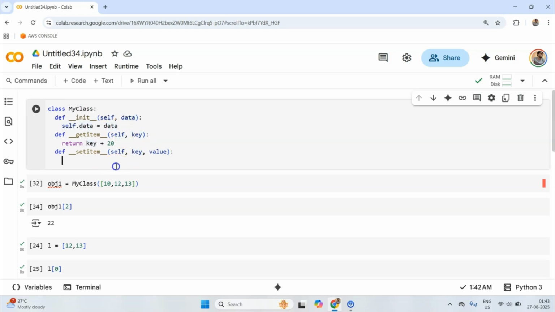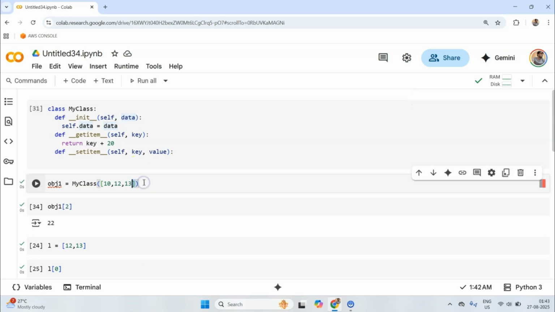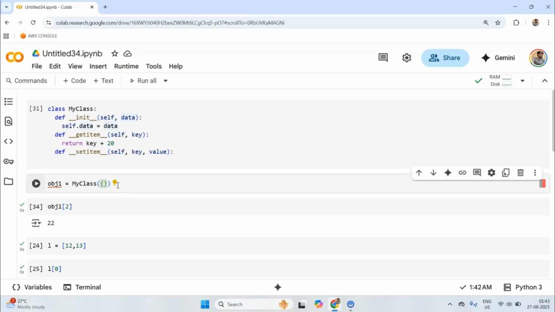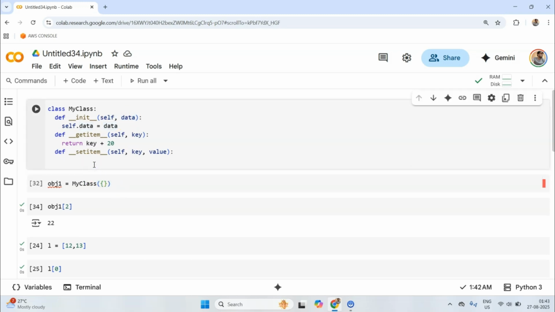So what we could have done is created some sort of dictionary-like structure, so let's try to do that. Let's assume that while creating this object, we will pass an empty dictionary. Now while doing the setitem, I can do self.data, and I can call this key, and I can set this value.